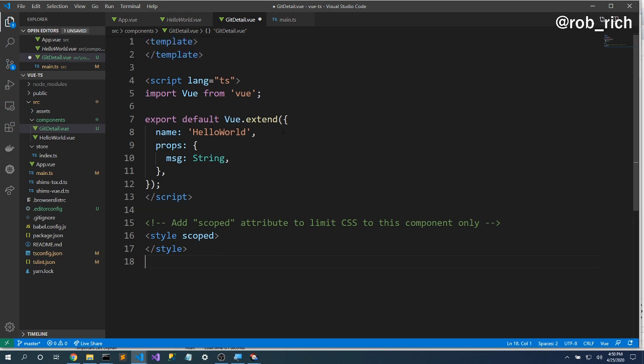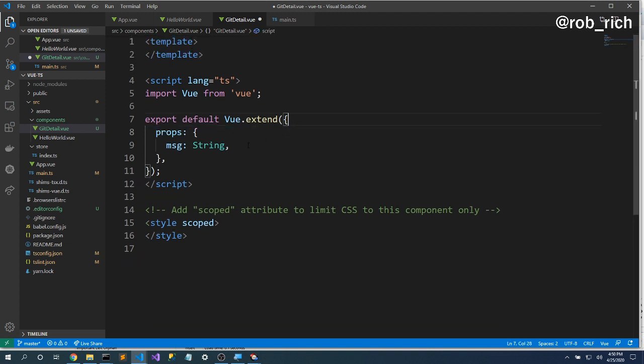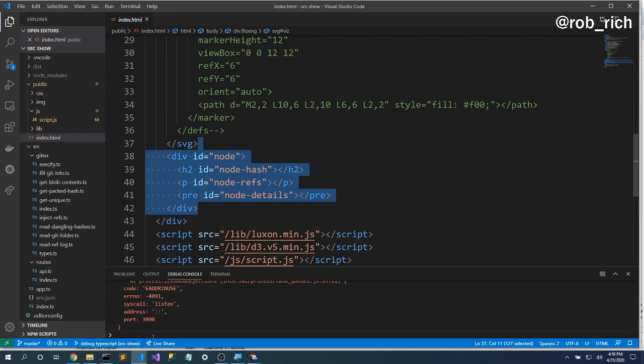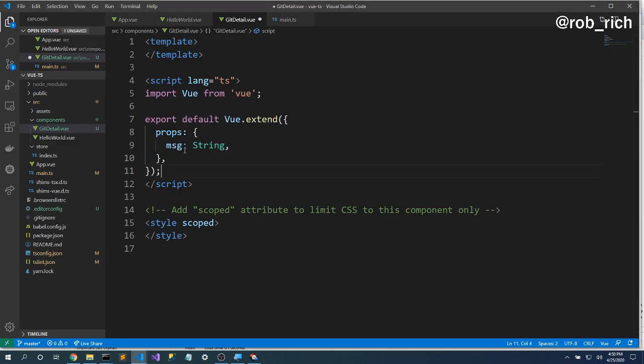And I'm not going to name it props. Export default Vue.extend. Thus far, I think we're okay. So what did we need? Okay. So here,